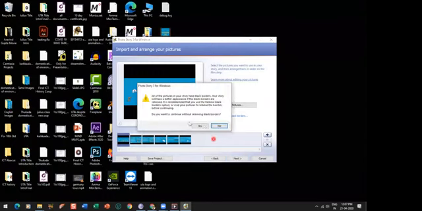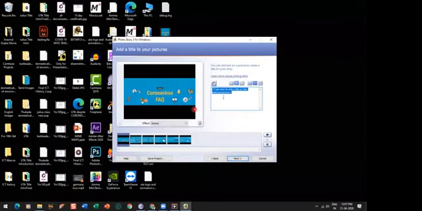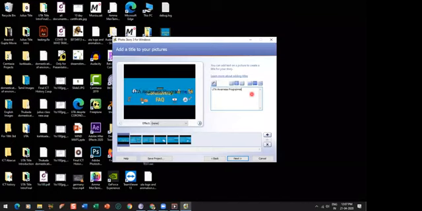Here I can add some text: COVID awareness program. You have an option to keep this text in whichever place you want.